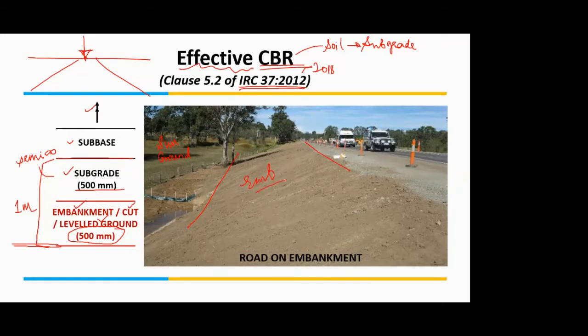Generally, an embankment is prepared or used when you have to raise the level of your road over the surrounding level. Maybe that area is low lying, or as you can see here, maybe there are agricultural farms on both sides. Just to prevent the intrusion of the two into each other, the embankment is provided. Or if this area is low lying and a lot of water accumulates during rainfall, in that case also an embankment is provided.